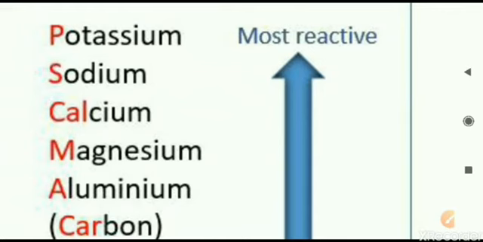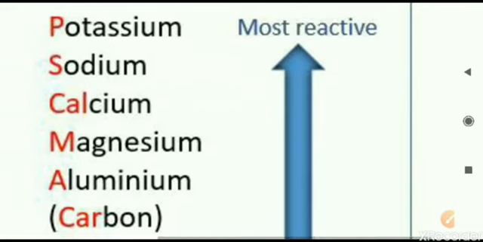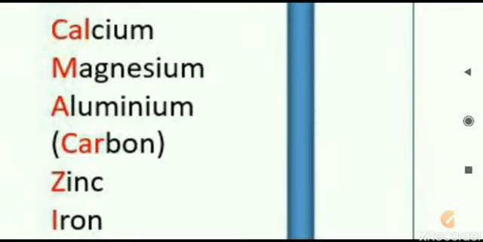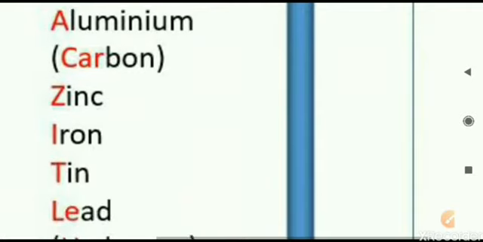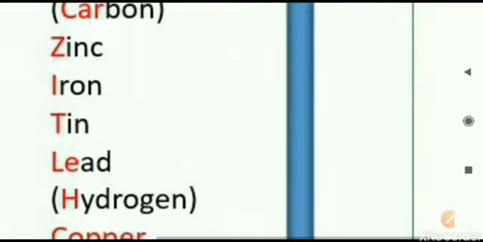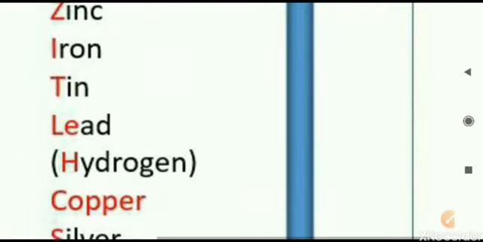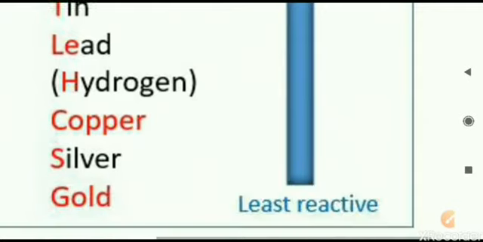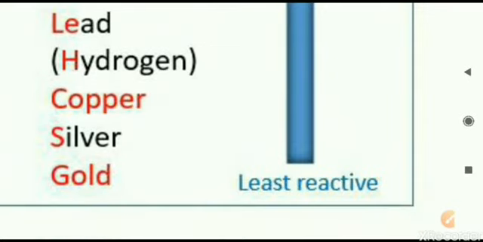The metal at the top, in this case here we can see potassium, sodium, calcium and so on. The metals have been arranged one after the other. So the metal which is at the top will be called the most reactive metal. As we move downwards in this series, the reactivity, the ability of reaction of that particular metal, will decrease. So finally it will end up with gold. Gold is at the bottom, that is the least reactive metal.